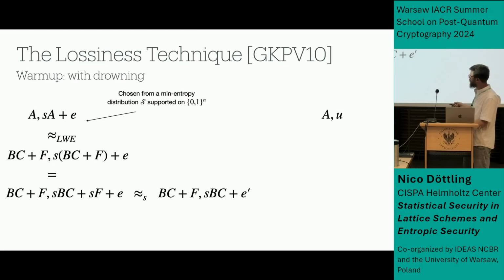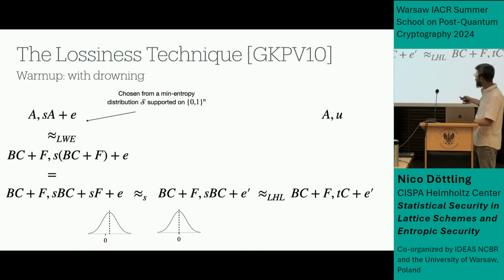now if S is a short vector, comes from a short distribution, right? They asked S to be supported on {0,1}^n to be short, then you can say that S times F plus E leaks very little information about S. This is a counting argument, and then in this case, SF is short, and E, if E is chosen wide enough, it just drowns out SF, and this should be the same E here. So if we have an E that's wide enough to drown, we can just drown out SF and just have SBC plus E prime, and now we're in the nice setting, this was the drowning step, that we